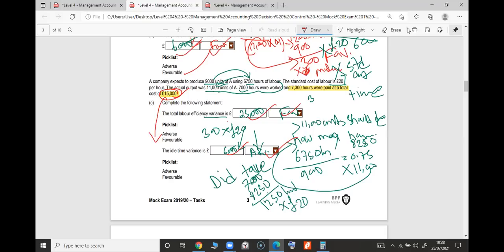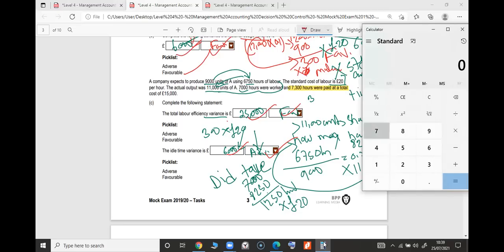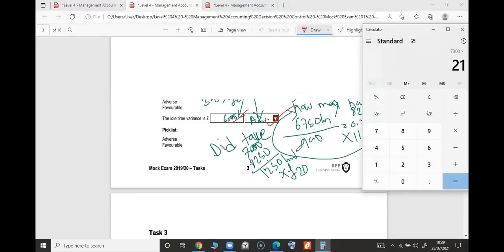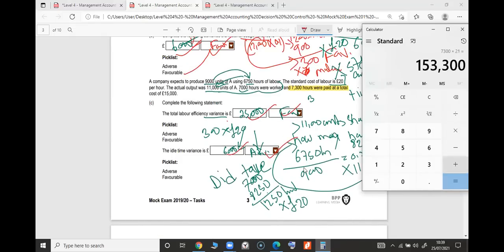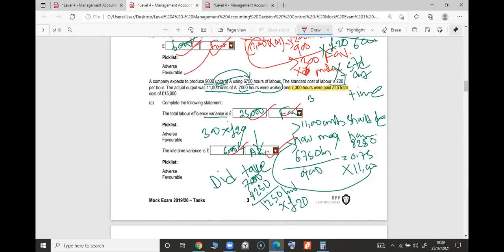It cannot be 15,000. No. It could be. How could it be? Oh my gosh. Let me see. It's unbelievable. If it is even more or less, that was favorable, wasn't it? Let's try to figure it out. No, adverse, even if we do. That's wrong. 150,000 is the correct answer.